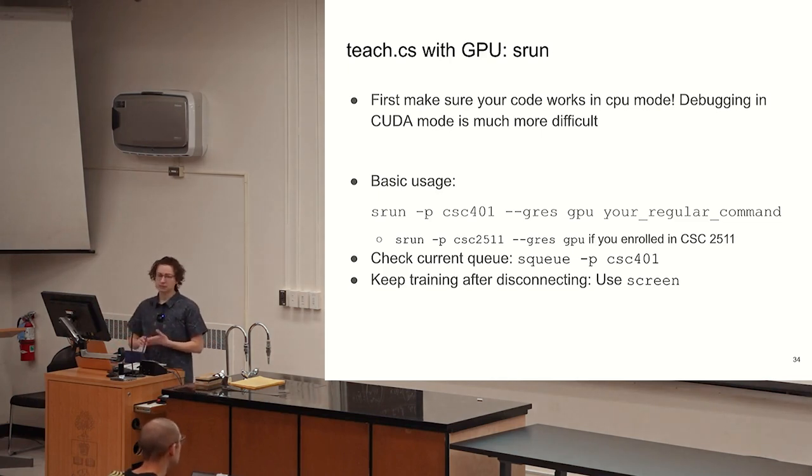I'm going to talk very briefly about how to run stuff on teach.cs. I haven't seen a ton of questions about this, so my thinking is that students are not having too much trouble, but if you are, please come talk to me and I can talk to you about how to use SSH and what's going on here. There are two things I want to highlight that might be useful if you haven't done a lot of